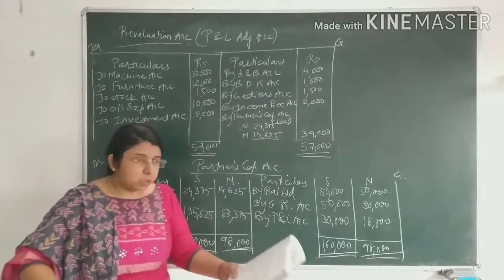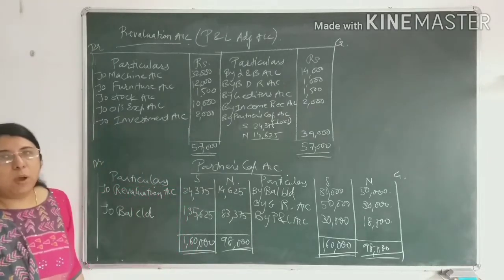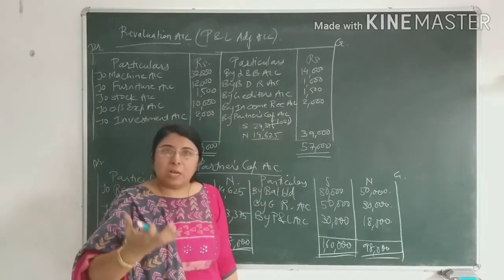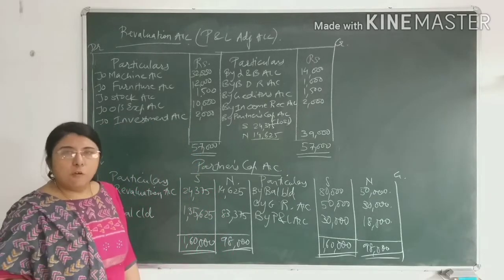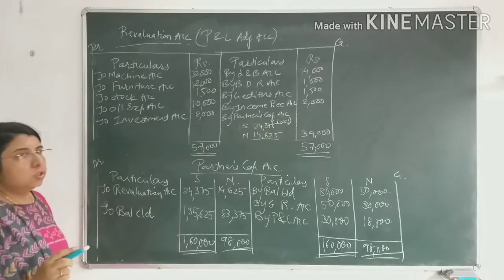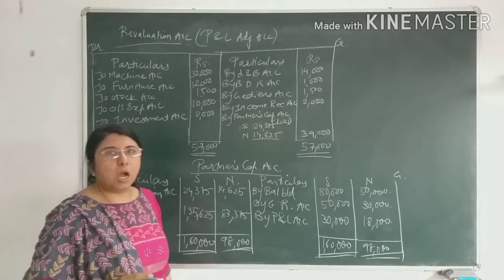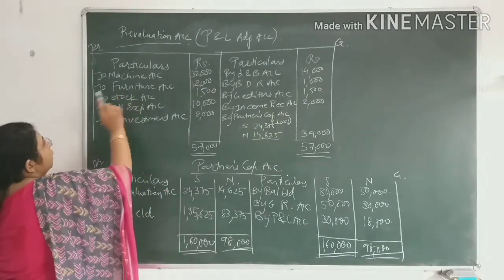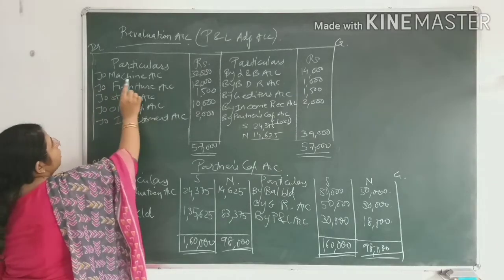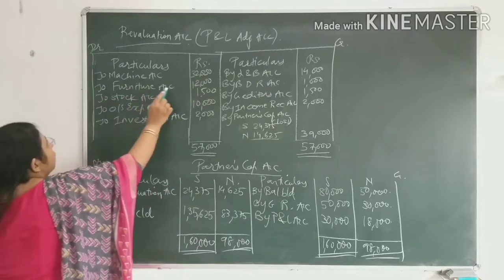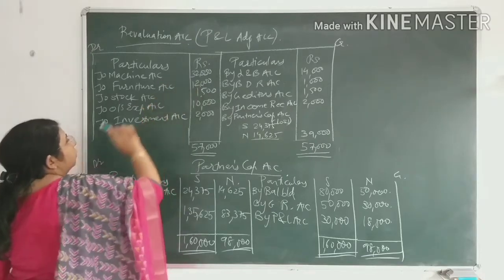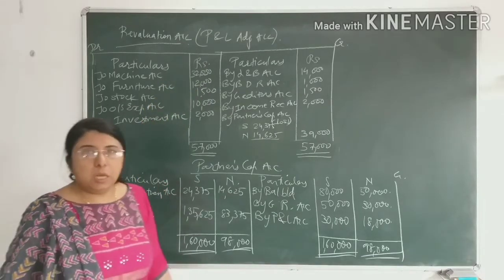The second entry was machinery and furniture, which was reduced by 40%. Due to the decrease in the value of machinery and furniture, loss has occurred to the firm. So loss will always be recorded on the debit side of the revaluation account. The journal entry we had written was revaluation account debit to machine account credit, to furniture account credit. So on the debit side of the revaluation account, you will write to machine account, that is 92,000, to furniture account, that is rupees 12,000. So both the entries would come on the debit side of the revaluation account.